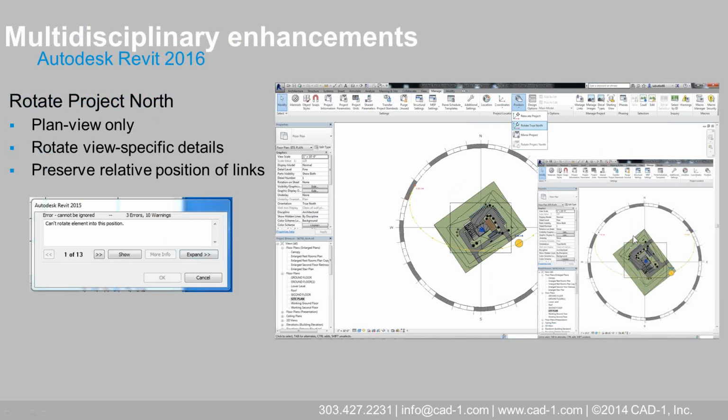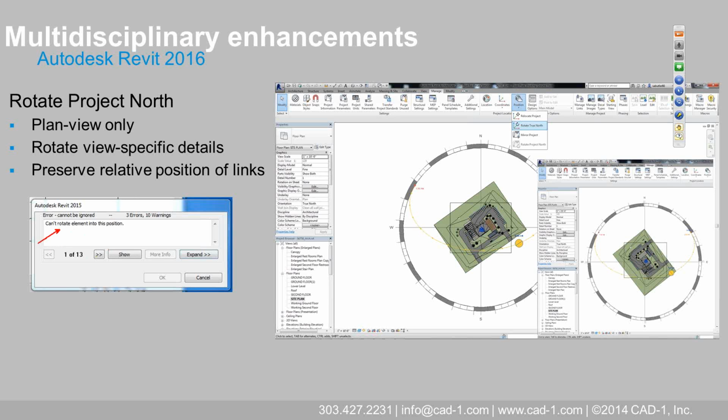The next thing that's really going to be useful is when you're working in a site plan. If you've drawn your site, you've got the building on there, maybe you just put it in there before you actually had the Project North established. Now if you've already placed text, if you had regions, before it would just leave those behind when you did the rotate. You might have gotten this warning in 2015 that I have over here,